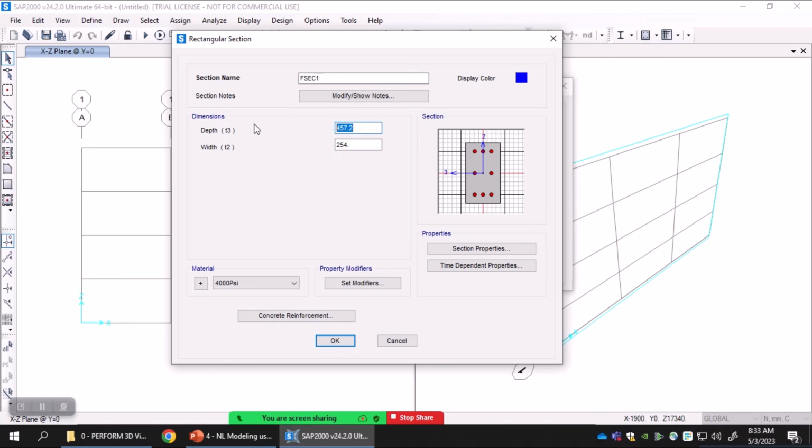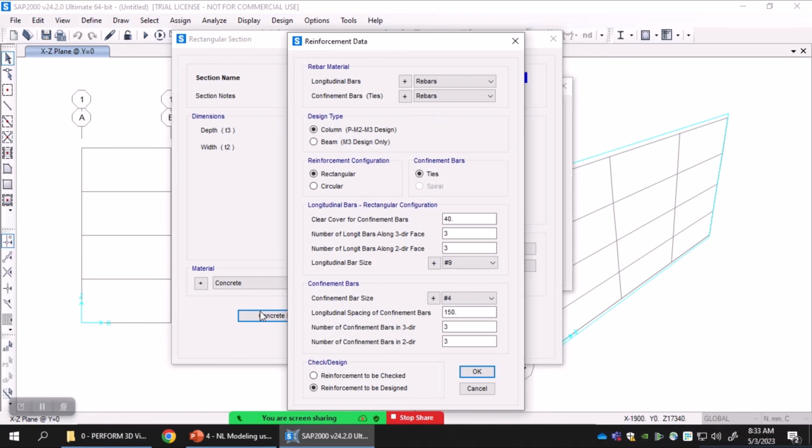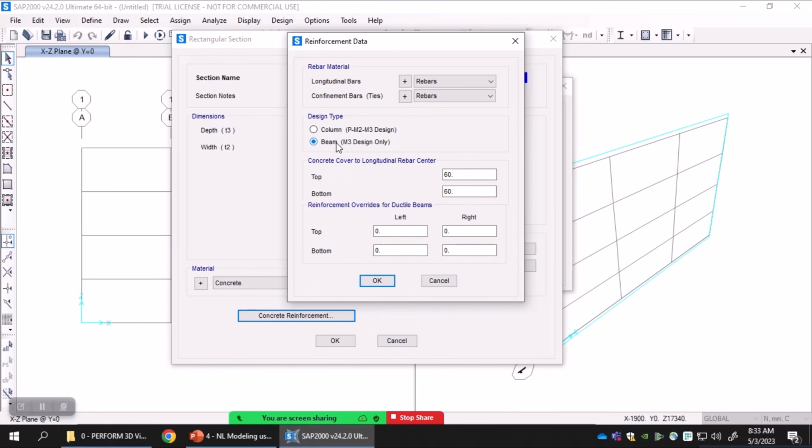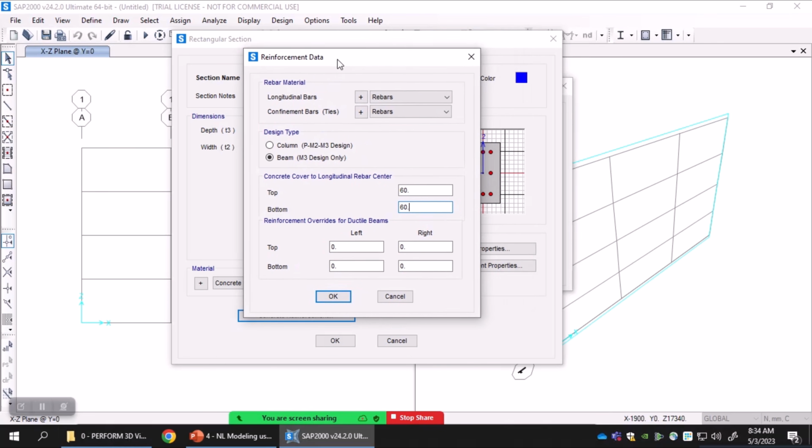Let's make it like 450 depth, and width can be 250, and let's call it RC beams. Its material is concrete and its reinforcement is of beam type only. We can give a cover of, let's say, 60 mm top and bottom,